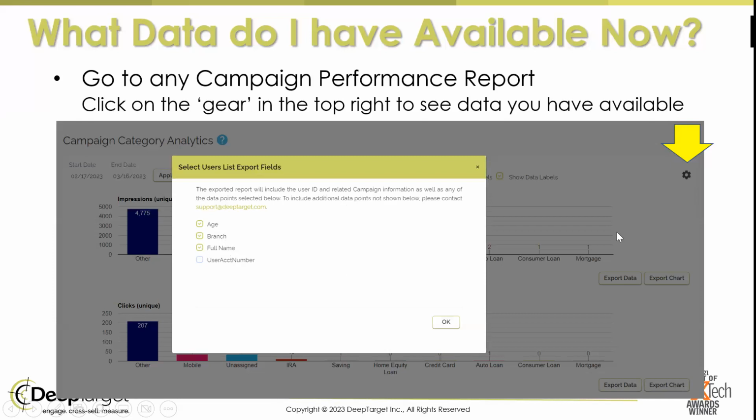These are checked, meaning when I hit an export data button here, that data will be exported to me. But that's all I have. Now, there